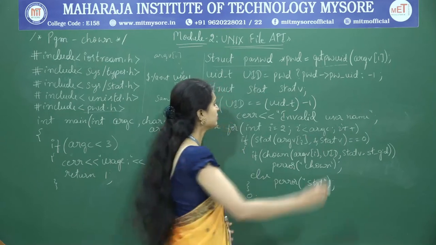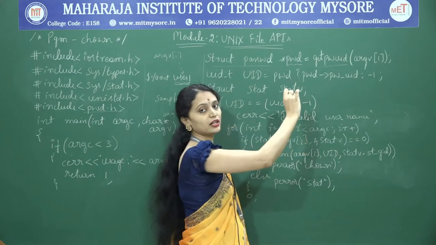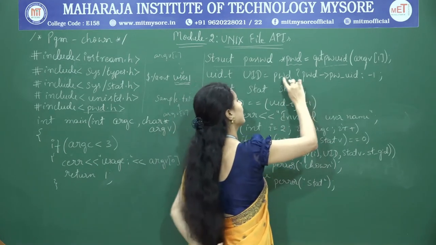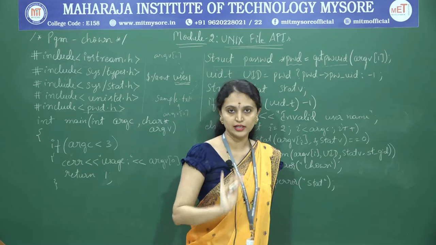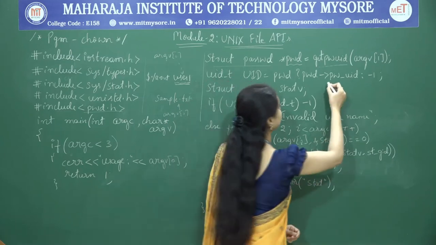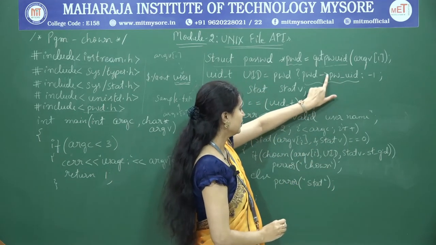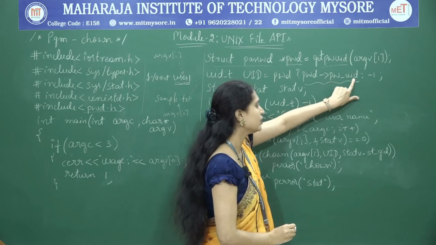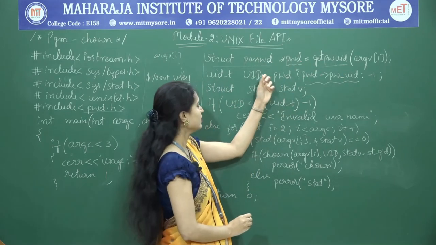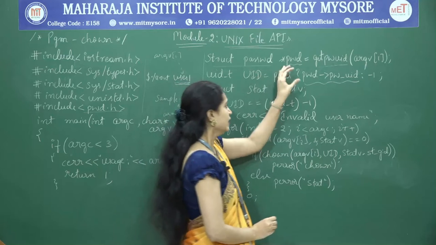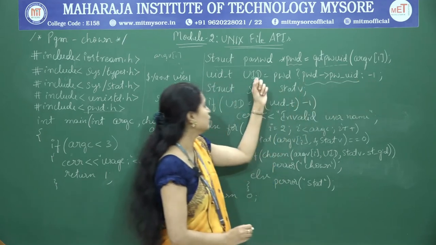So what I will do now, I will refer to this pwd. I am making use of the conditional operator here, the ternary operator, just checking the condition. If this pwd is not null, in that case I am extracting the user ID member, pwd arrow pw_uid, into the variable UID. If it does not exist, the condition fails, so -1 will be assigned to UID.